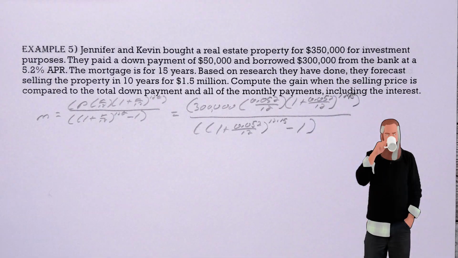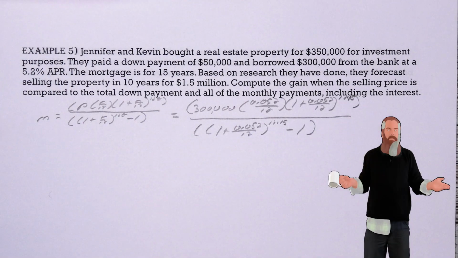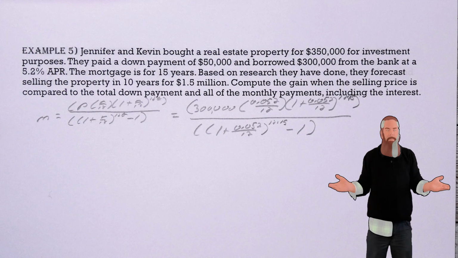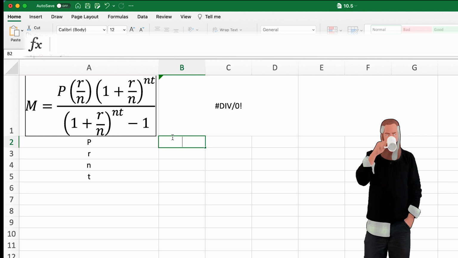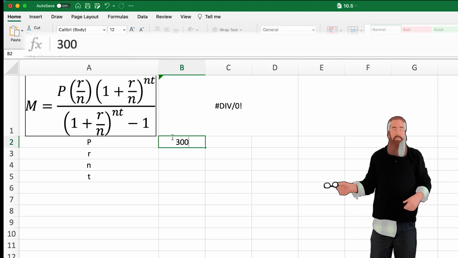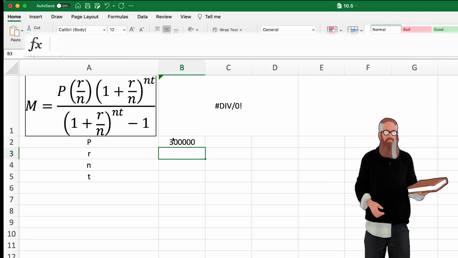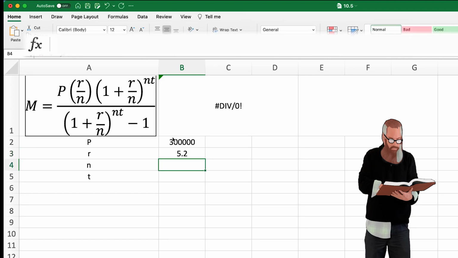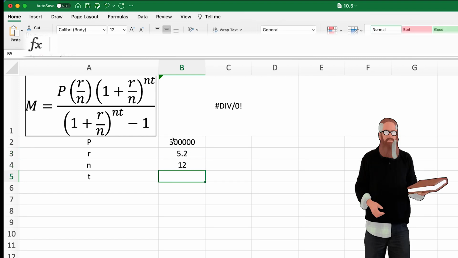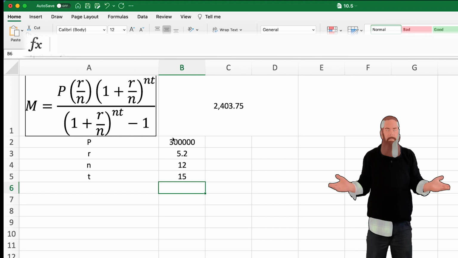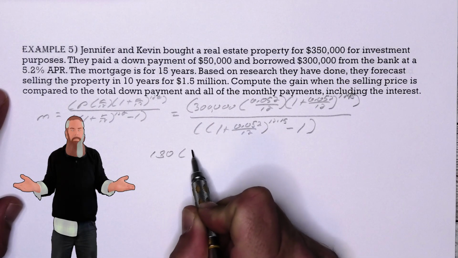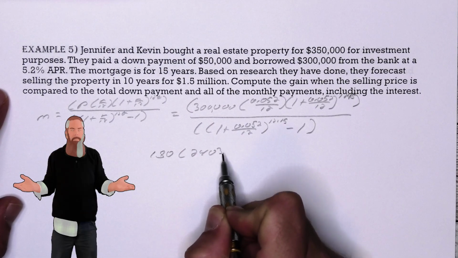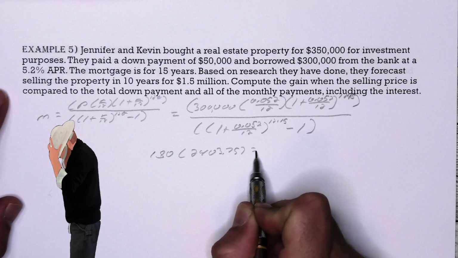And this feels like a great opportunity to use the spreadsheet we have built in previous lessons. Let's go to the Excel spreadsheet. We put in 300,000 for the value of P. We put in 5.2 as the interest rate. Compound monthly is 12 and for 15 years. We get $2,403.75. So 180 payments of $2,403.75 is